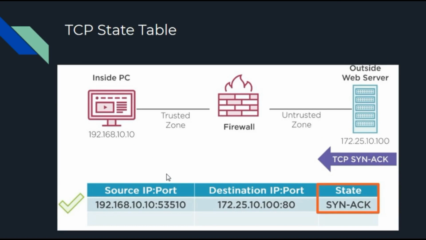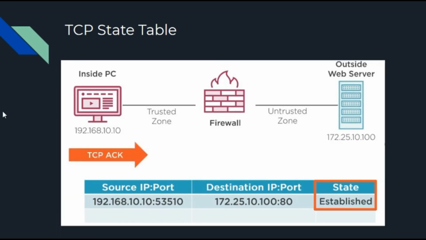So we are going to be looking for and allowing the SYN-ACK message back from the web server. The IP is 172.25.10.100 and on port 80, coming to my inside PC workstation. Since that's the case, we then change the state of our TCP entry in the table and forward that message on to the inside PC, and then allow the inside PC to send a TCP acknowledgement. When the acknowledgement flows through the firewall, once again it replaces the TCP state; previously it was SYN-ACK, now it's established, and we forward that message on